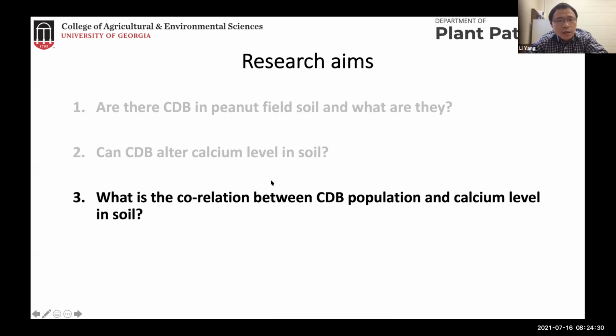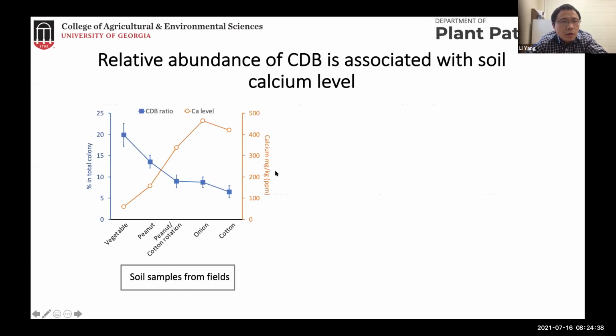The next question we ask is, what's the dynamics of CDB population in soil, especially in correlation with calcium level? This comes from an experiment Alan did by comparing the calcium level and the population of CDB in different types of soil with different crop history. And he found an interesting negative correlation: fields with high levels of calcium tend to have low levels of CDB population. Because these are field soils with different plant history, it's an interesting correlation, but maybe